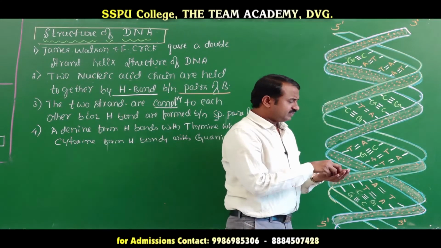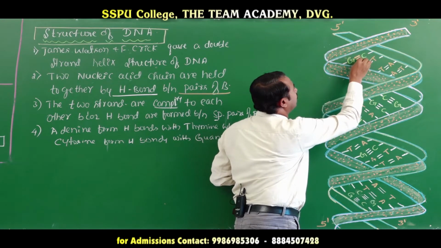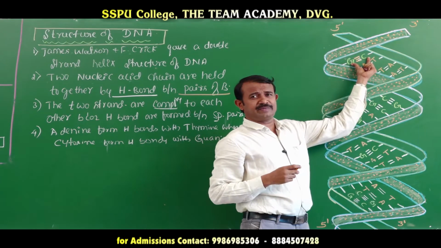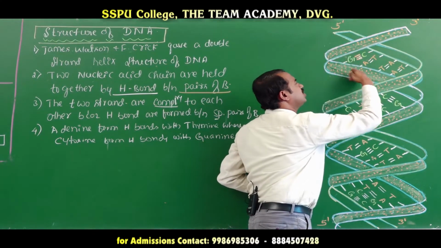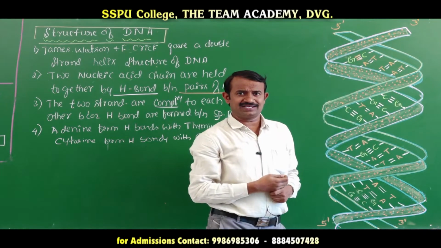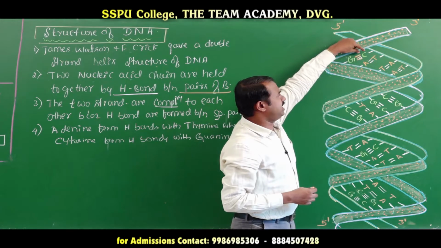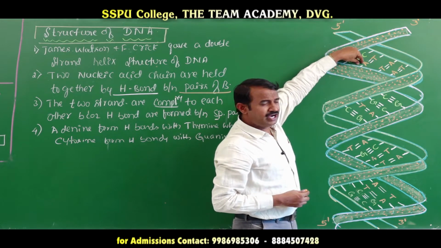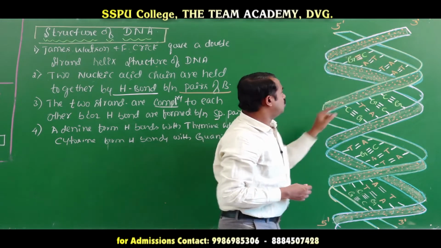Here, the guanine base forms an intermolecular hydrogen bond with the cytosine base. Another nucleic acid chain, here also one nucleic acid chain, that is a double helical structure of nucleic acid chains. If the guanine binds with cytosine and adenine forms a hydrogen bond with the thymine, and here also the third